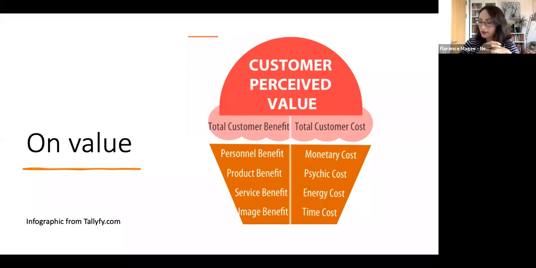Okay. Talking about value. Value is a big subject, so you might have some webinars about designing customer value, but looking at it, value is basically the sum total of what the customer benefits from the product minus what they paid for, what it cost them. And it costs them more than just the price of it. It might be the time that it gets to get the product. If it's really hard to get, let's say, to your studio and you're not available in shops, maybe the time that it takes for the product to come, or just, there is more cost than just the monetary value.